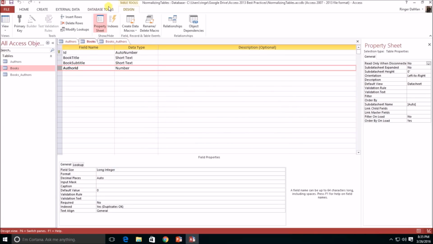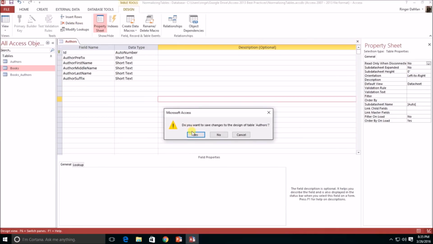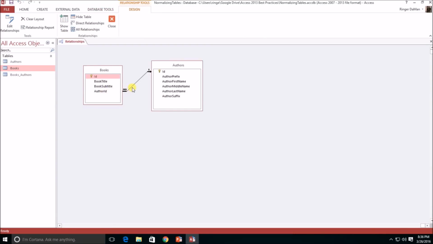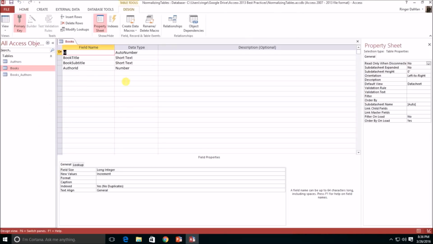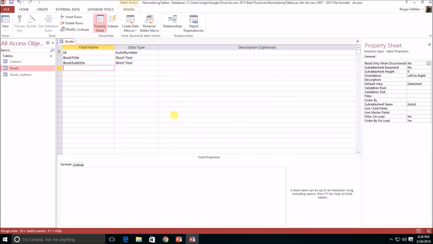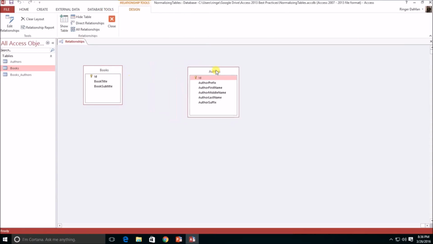So I need to go back in. I'm going to close all of these out and open up the relationships. And I can go ahead and delete this relationship, and now close it and go back into my books table. And now I can go ahead and delete the author ID. So I'm going to save this change to my books table and go once again back into my relationships, and we're going to add that new joining table